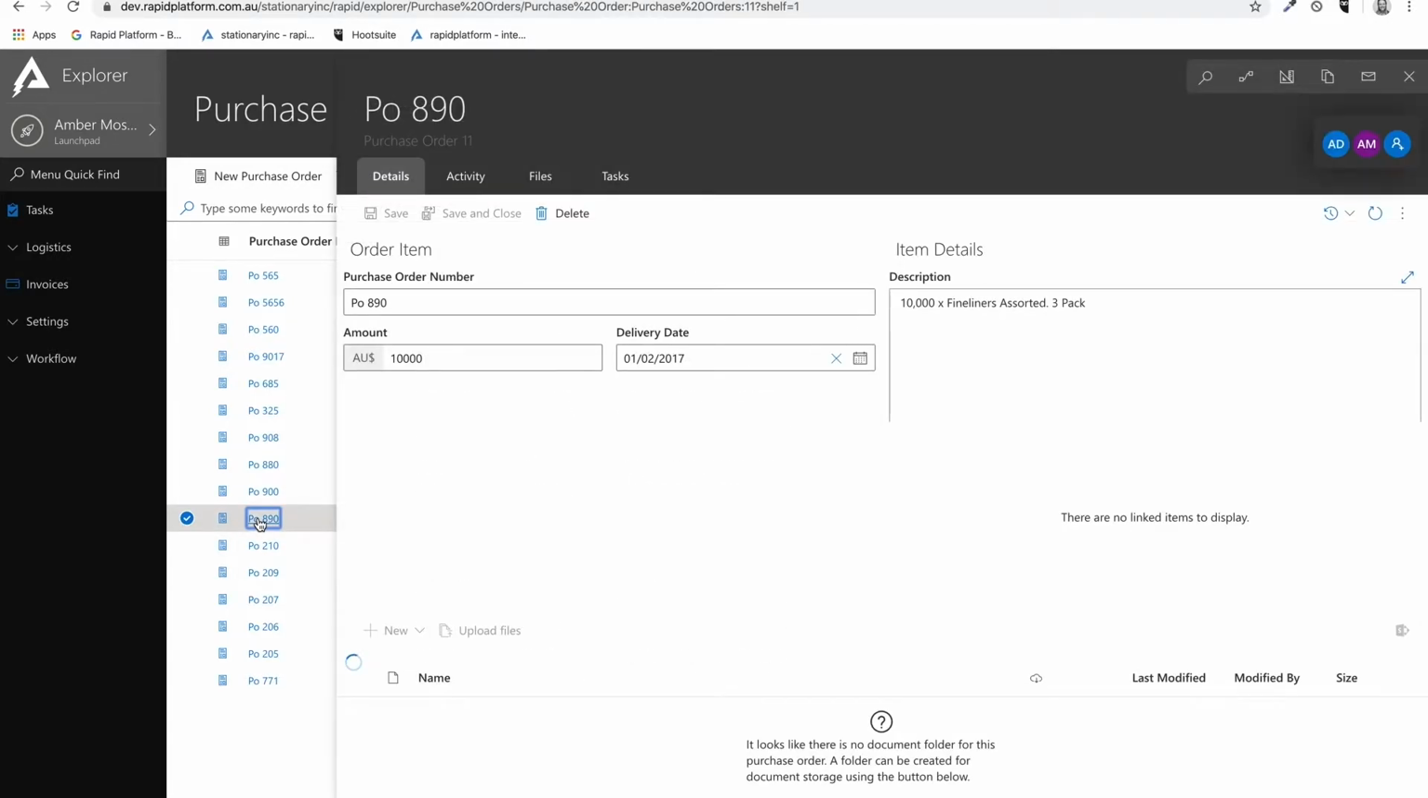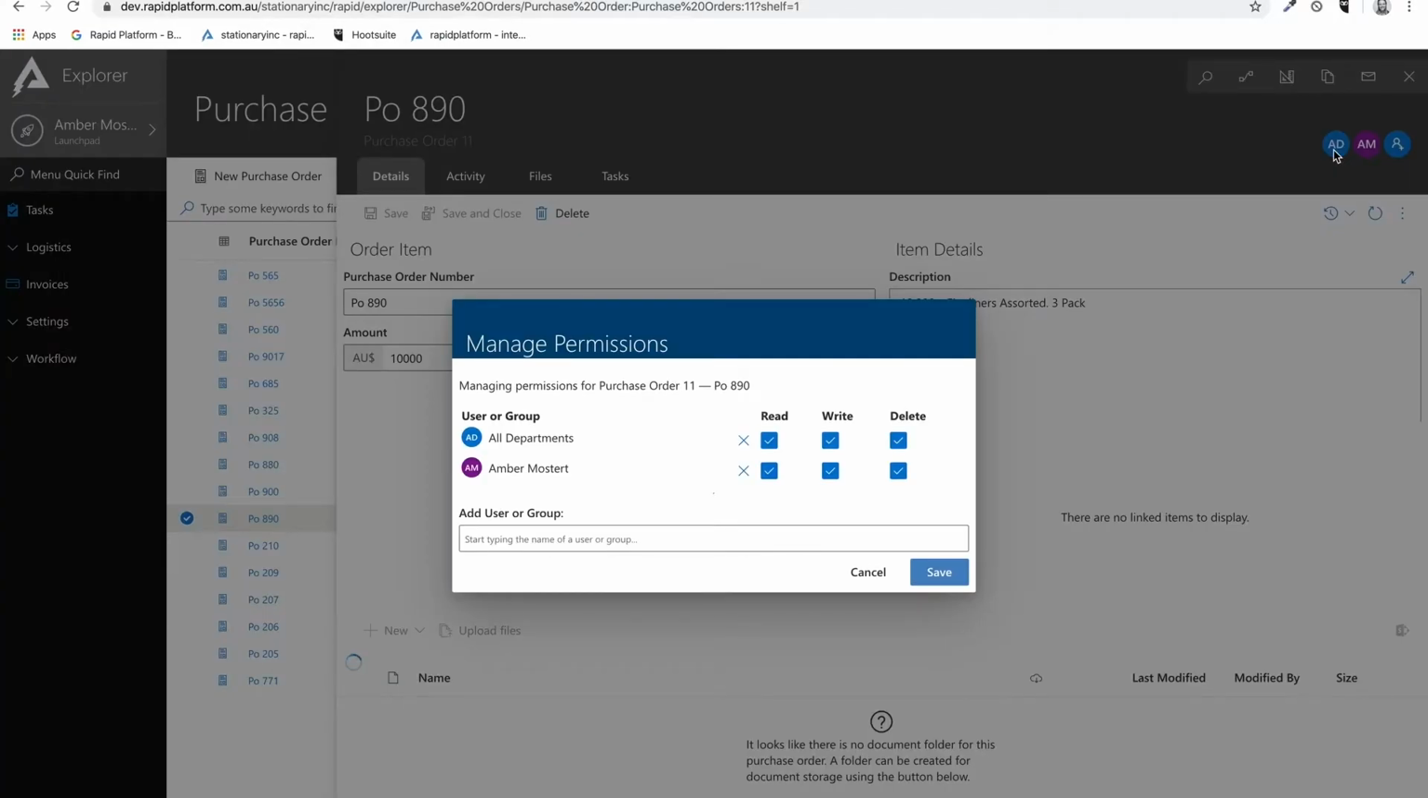At the top right, you can see the user coins that indicate the users and groups that have permissions set for this item. Clicking on the user coin brings up the permissions dialog. Here you can see what users and group permissions have been set for this purchase order. Note how the default is the primary group and the author of the item. When assigning permissions to a group, all members of that group inherit them. So for this item, we have read, write, and delete permission enabled for all users in Rapid as well as